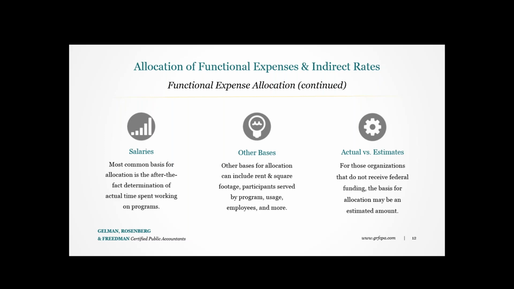It's certainly not always the case, and we'll give you some other examples of other bases that we do see. But typically, personnel costs, people, salaries, benefits are the largest expense to any organization. And so, taking the approach that our largest line item, one, needs to be allocated, and then two, having that as a reasonable basis for allocating other shared costs, that becomes a methodology that we see quite a bit.